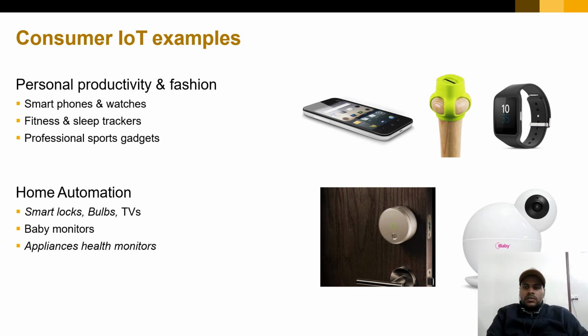Appliances monitoring their own health, meaning devices like an air purifier or water purifier. The IoT devices are connected, and they regulate and detect the health of the water, or the health of the filter placed in the water filter, whether it is good or bad. So these are all detected with the help of IoT devices.